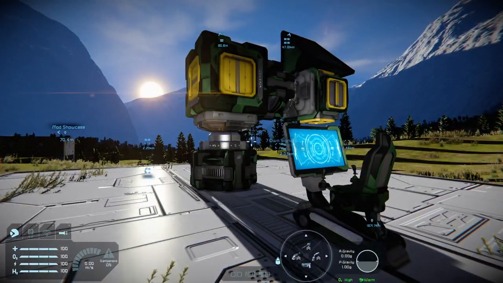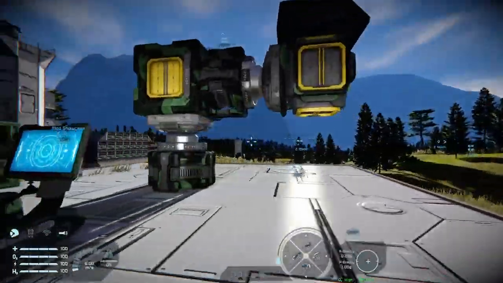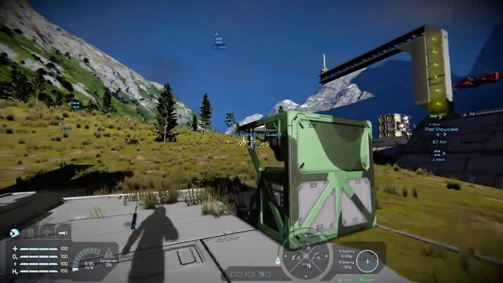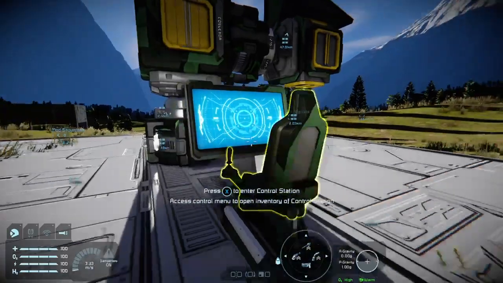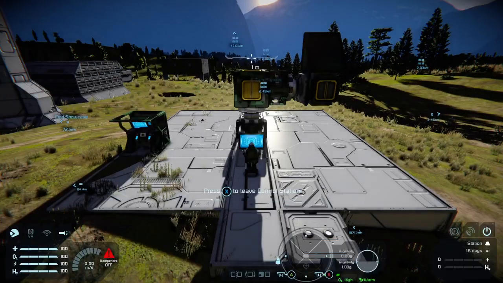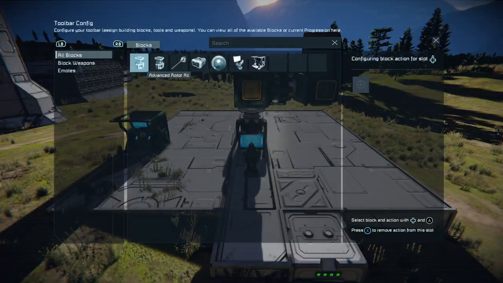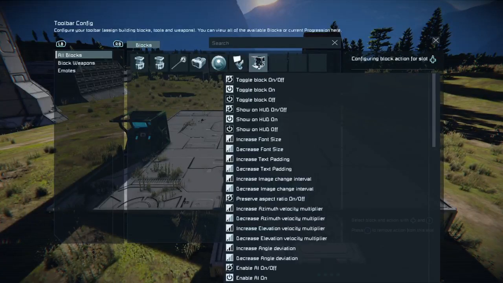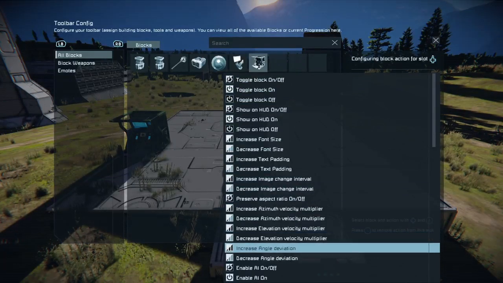So, we have our little custom turret, our custom turret controller, and we need to control it. So, we've got a flight seat. Pop into the flight seat. Push up on the D-pad. And then scroll across till you get to the custom turret controller. Hit A. And then you'll get a massive amount of options on what you're looking for.